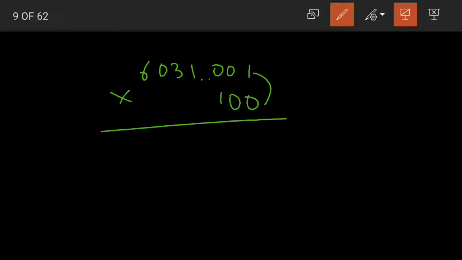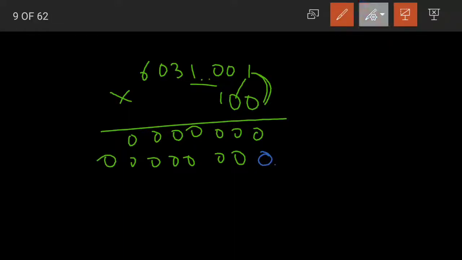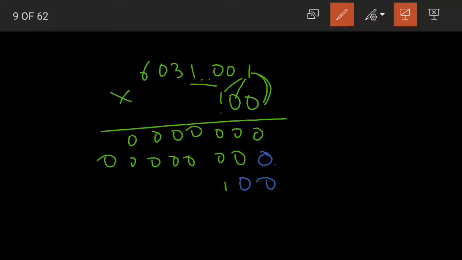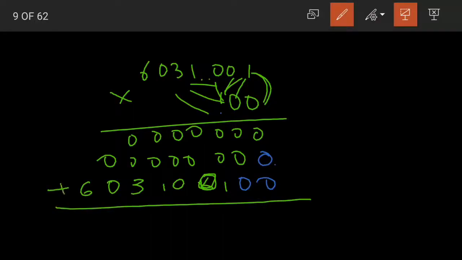Now start multiplying. 0 into everything becomes 0 only, right? Then for the second line, before multiplying we have to place 1 zero here. Then again 0 into everything becomes 0 itself. So 0 will be our product. Again for the third digit 0, before multiplying we need to place 2 zeros. Then for the digit 1, 1 zeros are 0, 1 zeros are 0, 1 ones are 1, 1 threes are 3, 1 zeros are 0 and 1 six are 6. So these are our partial products.